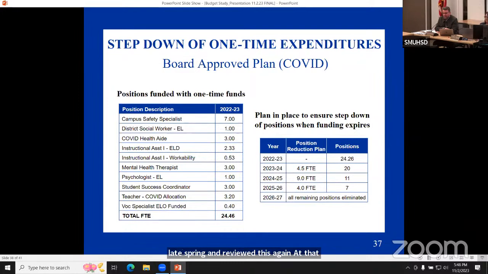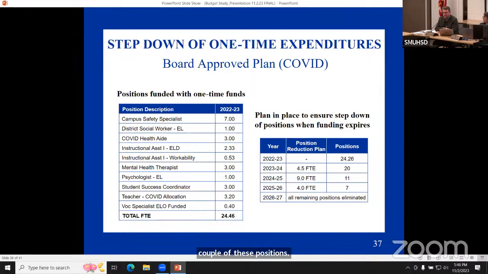At that time, a couple of board members shared concerns about some of the positions that would be going away over time with this soft money dissipating. So in hearing some of the board's concerns, specifically around mental health and some other positions, and also hearing from principals around some of their concerns around a couple of these positions,